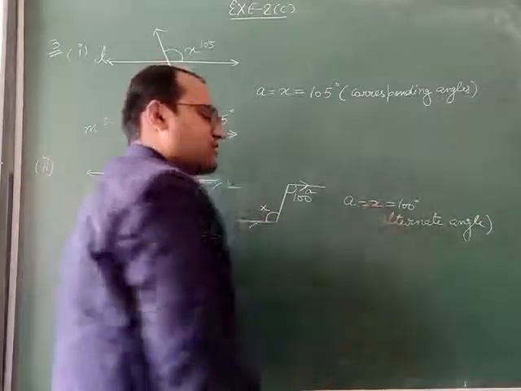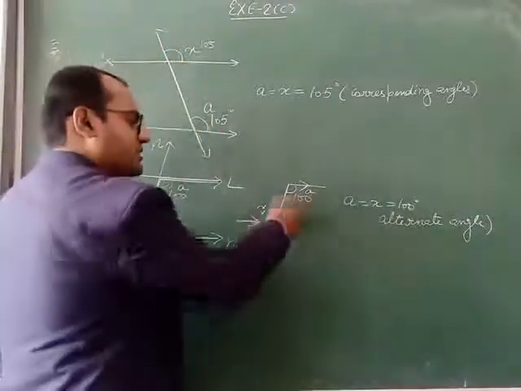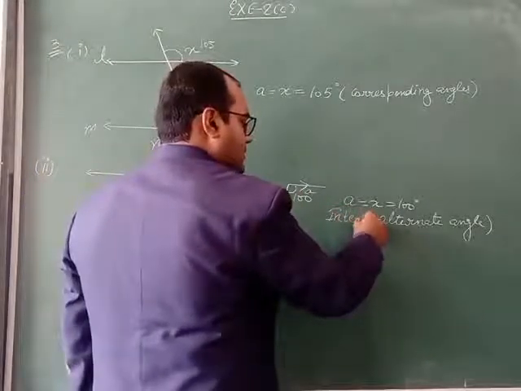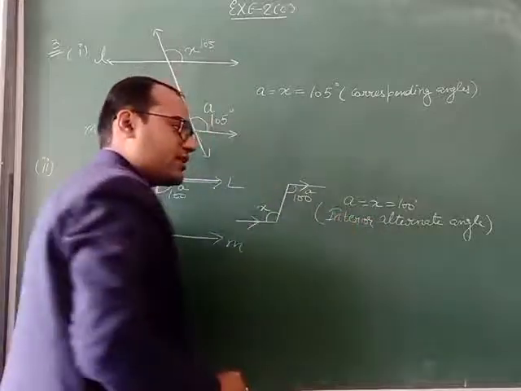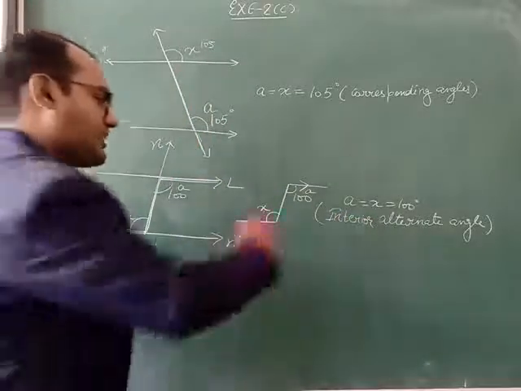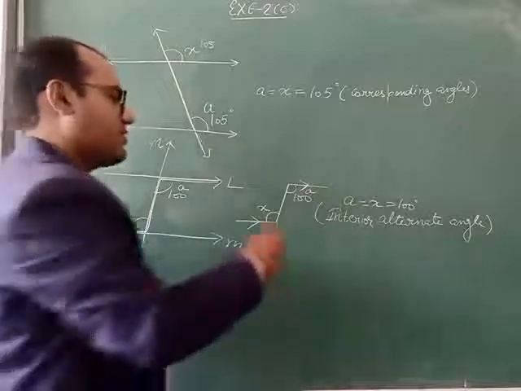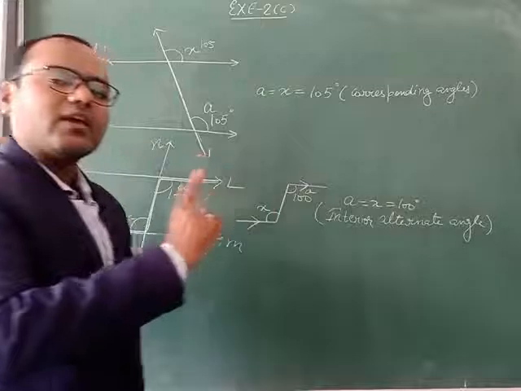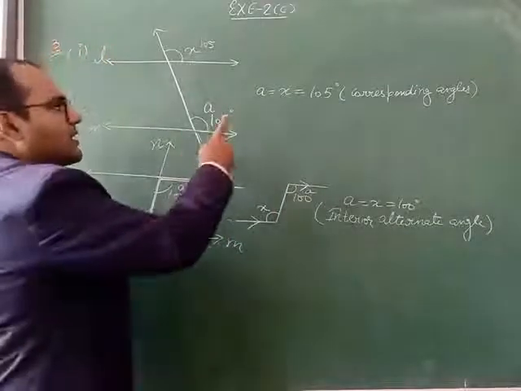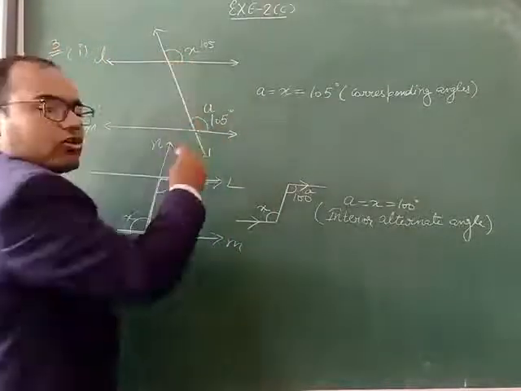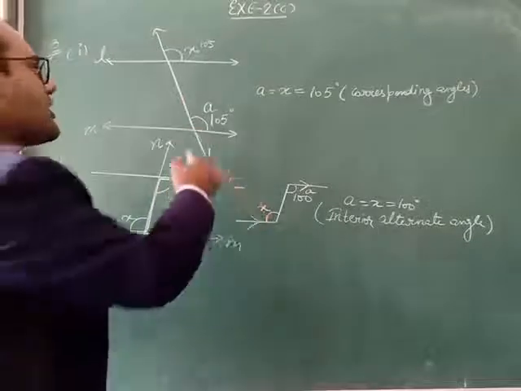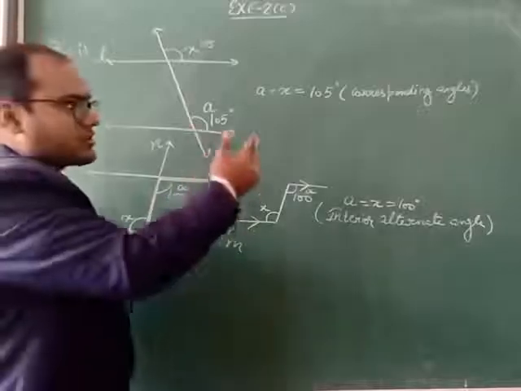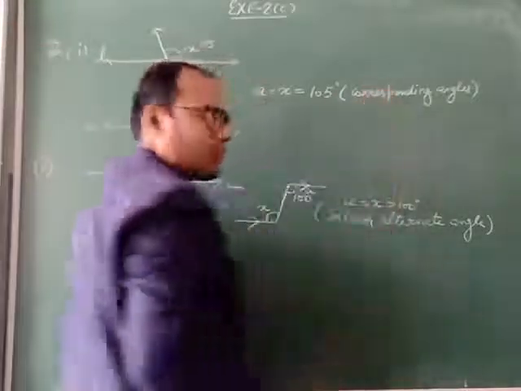These angles are coming inside the Z. Interior alternate we will call them. These are interior alternate angles. So a Z shaped figure will be there. Then we will take both the angles equal to each other, and the name of the angles is interior alternate angle. And if both the angles are on the same side of the transversal and on the same side of the parallel line also, then we will call such angles corresponding angles.